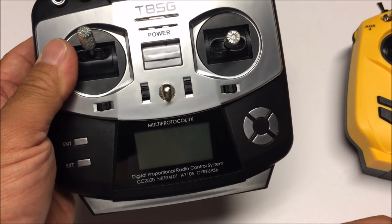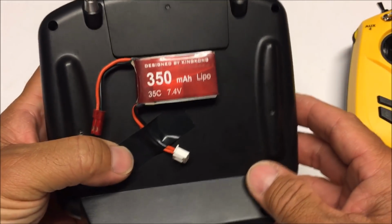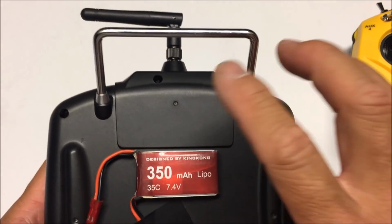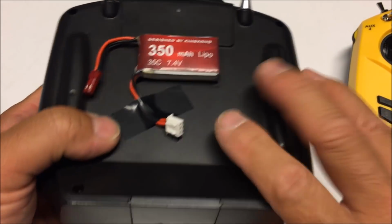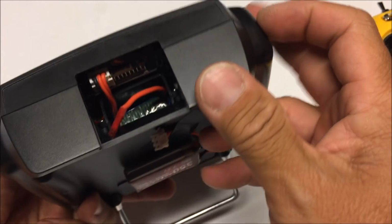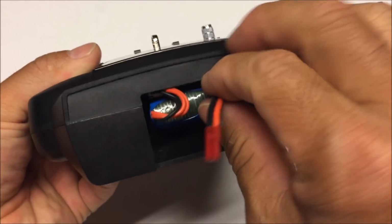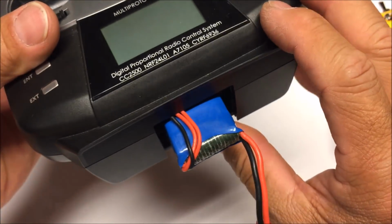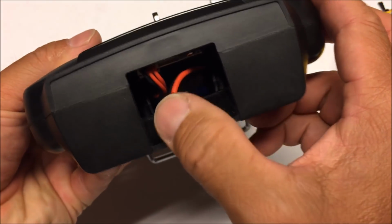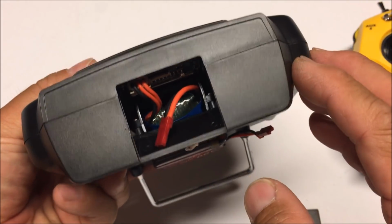Now the original Jumper remote has the battery bay in the back. This is a 2-cell battery that I have stuck in the back here to use with my 2-watt booster, to power up my 2-watt booster. There's a small little battery bay, slide it open, and I have a 2-cell battery in here, and I do have a Tarantula battery, 1200 milliamp 2-cell battery, and it uses the